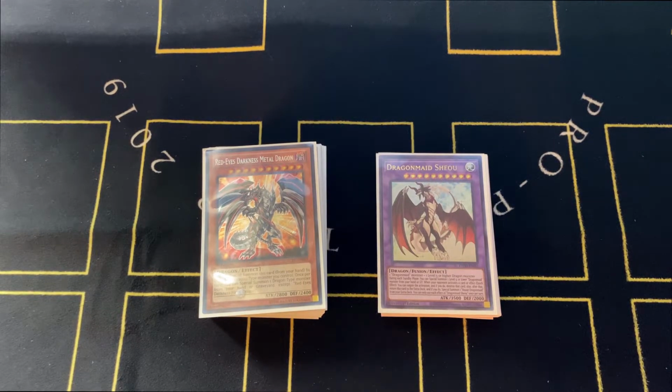Alright, here's my 2020 Dragonmaid deck profile now. Prior to quarantine, I really thought that I wanted to play just a combo deck because Needle Fiber was coming out, Eternity Code was coming out, everything pointed towards that. So originally I went with Adamantipator, which I still have. It's what I'm thinking I might end up playing this format, but